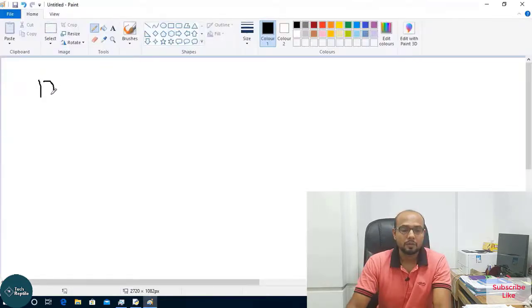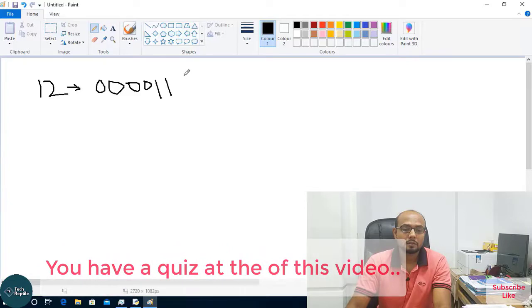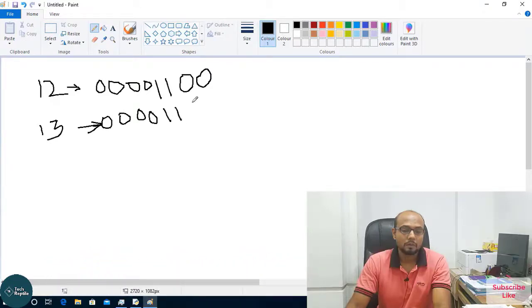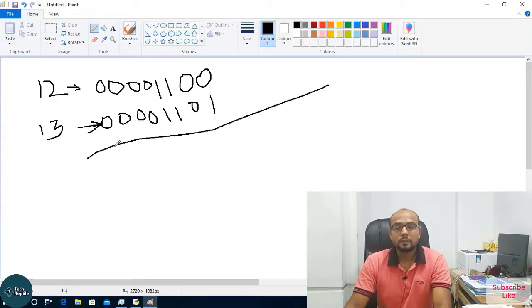So remember the 12 binary format will be 0 0 0 0 1 1 0 0, and the 13 will be 0 0 0 0 1 1 0 1. So I am going to AND these numbers. When the AND operation happens, what will happen?